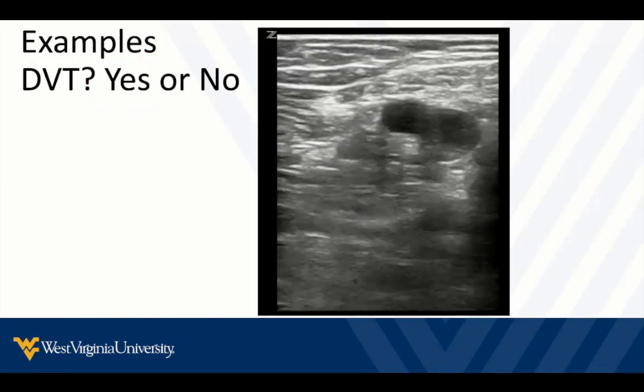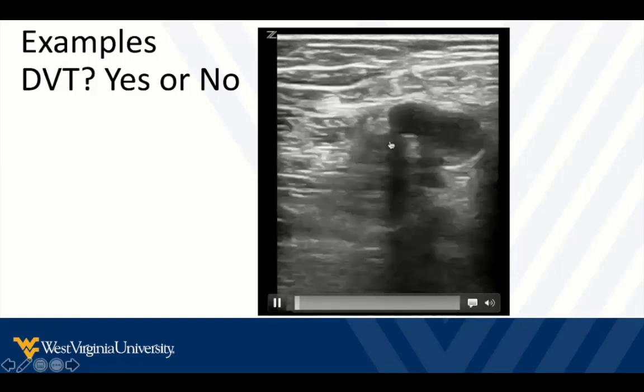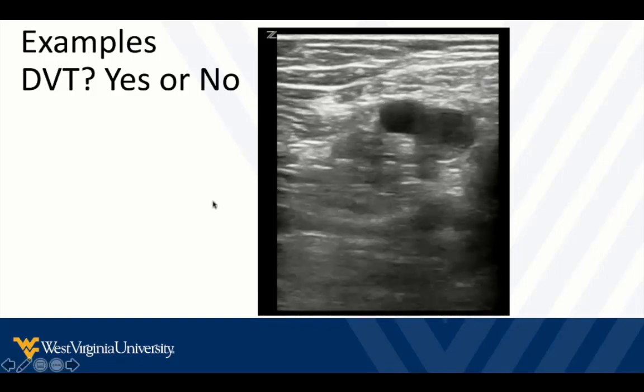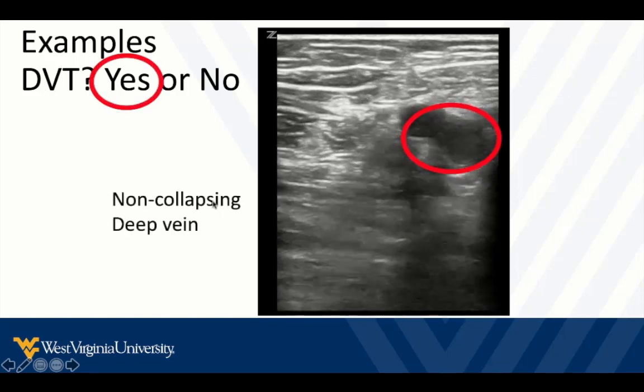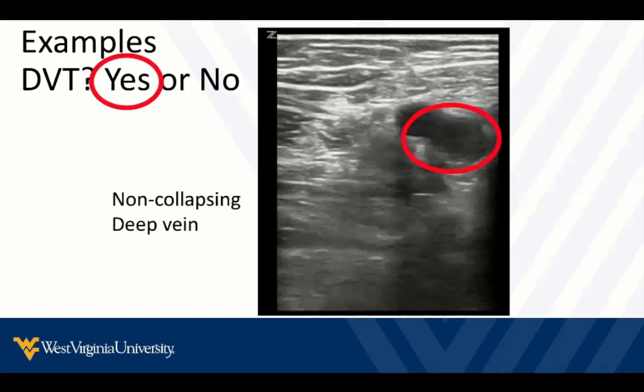Another example, so this looks like probably someone's right femoral. And we see here's the artery. It's pulsing a little bit. And we're trying to collapse here. And this is another example of a DVT. So pretty straightforward. Again, once I find them, I usually scan up and down and see how far